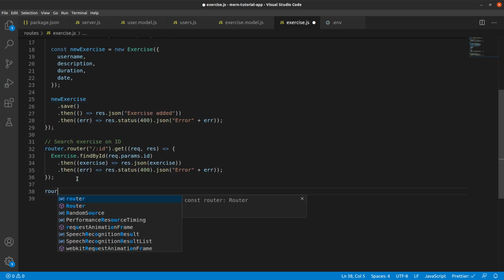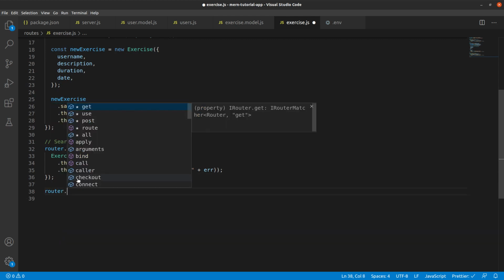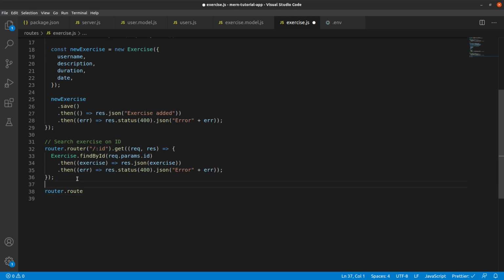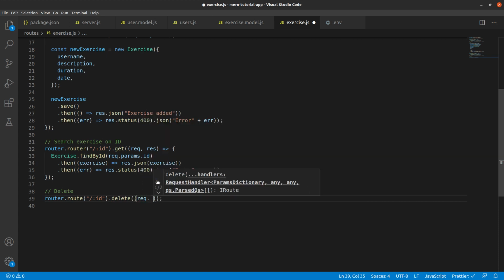And let's do a router.route. I think we need to do some delete operation now. Delete. Again, if we want to delete on a particular ID, now here we need to use a different method other than this to uniquely identify which method to execute. Thankfully there is a delete method, which is nothing but what we want to perform.